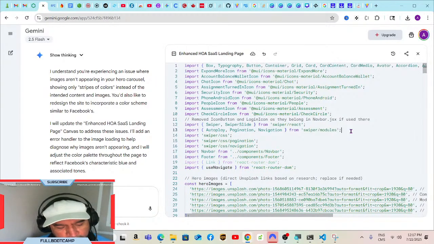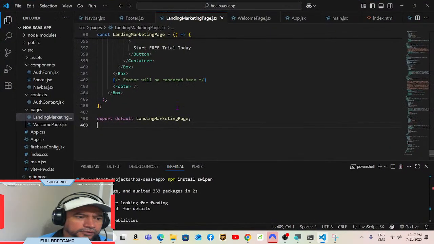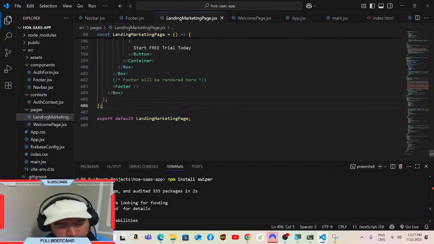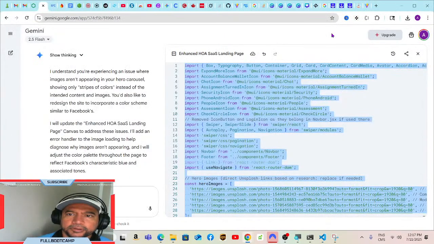Okay, if you have any other ideas on how to proceed with this way of building my software, let me know in the comments, let me know in the chat. You are in the chat,